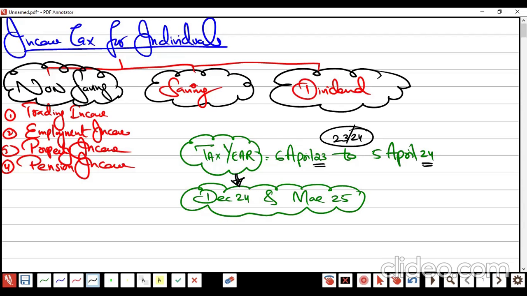First one is June, which already left, June 24, and September 24, which is coming up next month, and then December 24, which inshallah you are going to appear for your ATX, and then March 2025. The syllabus, the rules, the concepts, the videos, everything will remain the same. Nothing is going to change until March 2025. After March 2025, there is going to be a change in the syllabus.